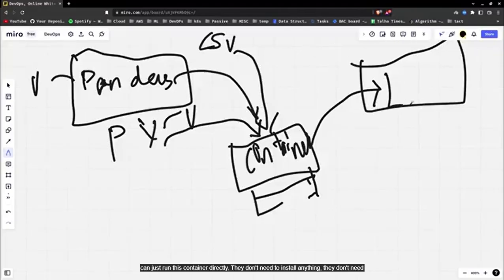They don't need to install anything. They don't need to have any external dependencies. And so you can just containerize everything. Now, this is useful in two cases. The first case